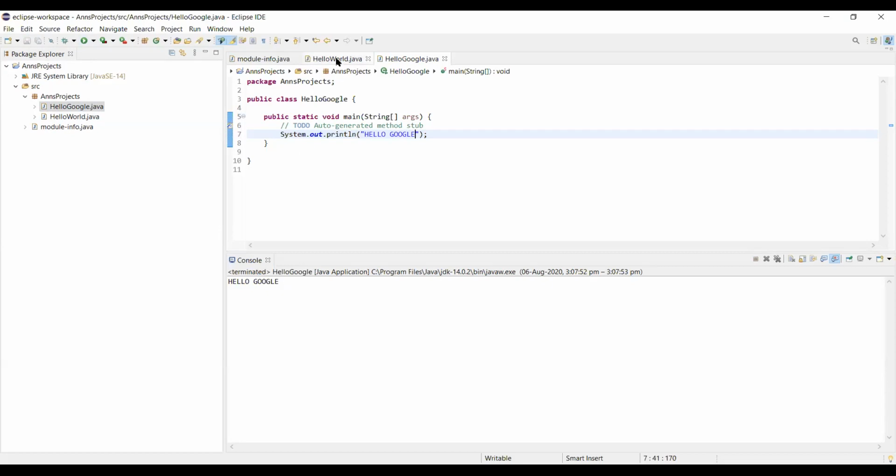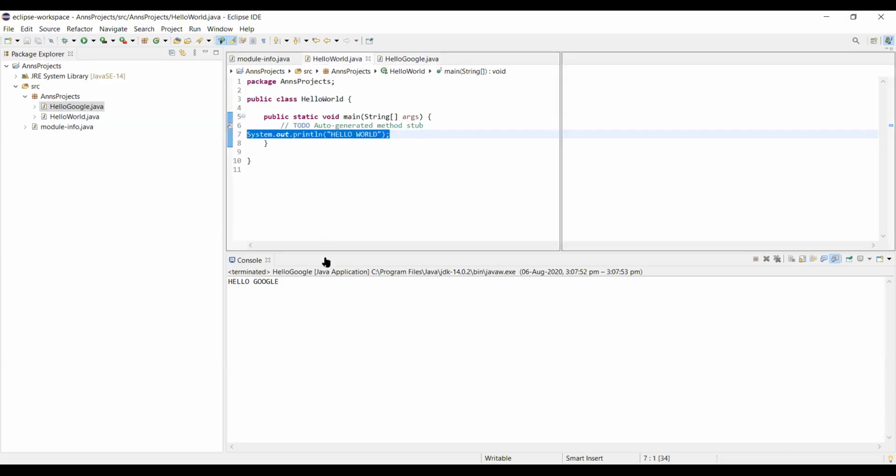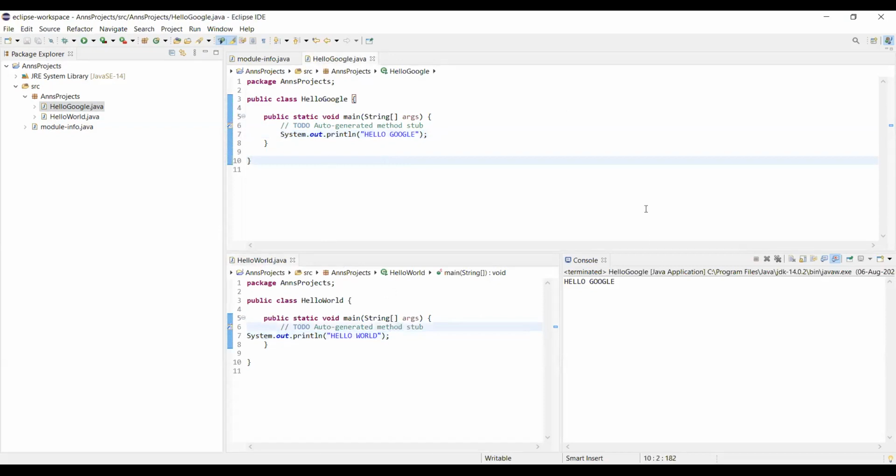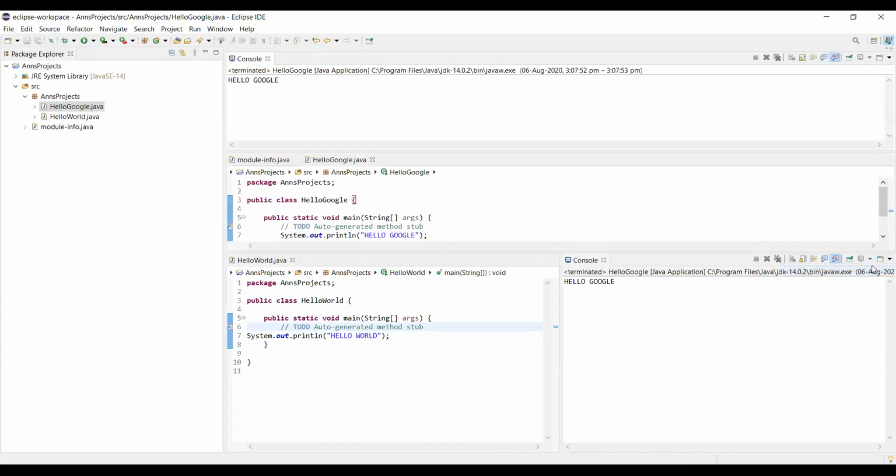Now you can even drag this down so that you get both your programs side by side. I've got Hello World below, and then I've got Hello Google. Just like that, you can have multiple consoles. You click over here and you add one more new console. But the console has come away. Just drag it so that you get a better alignment.